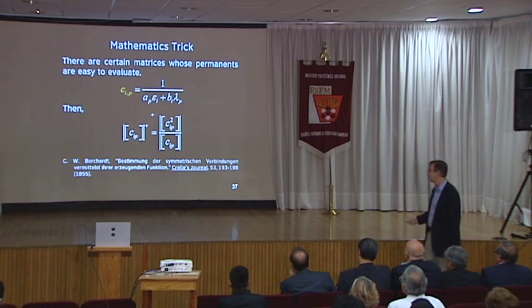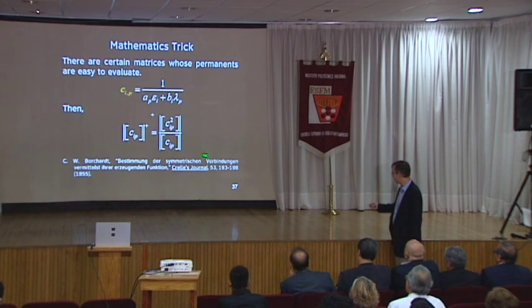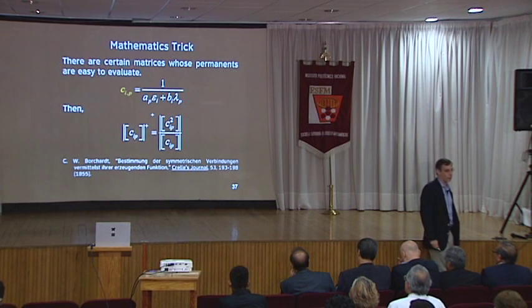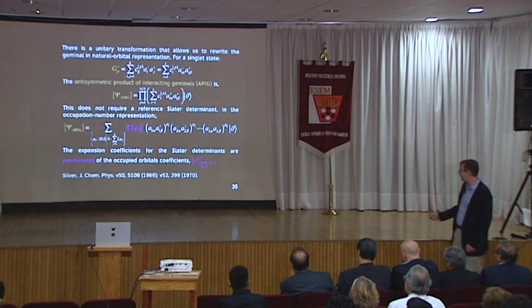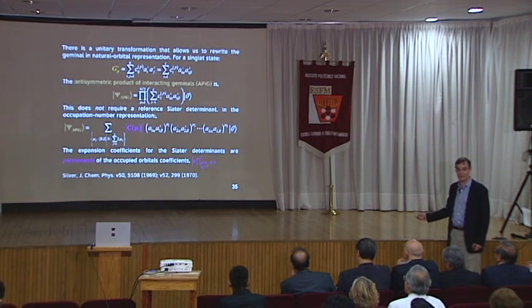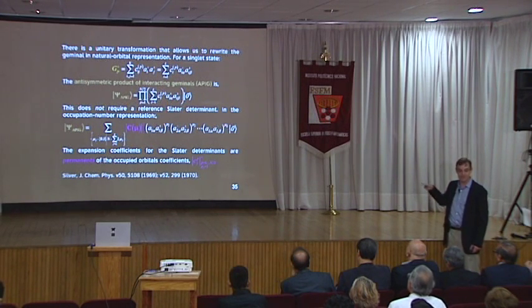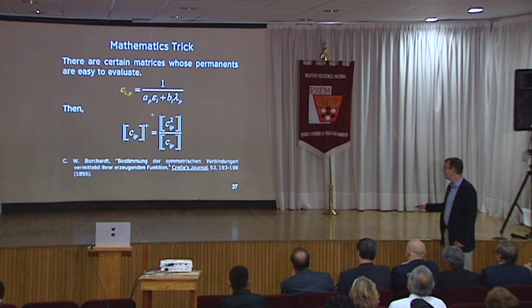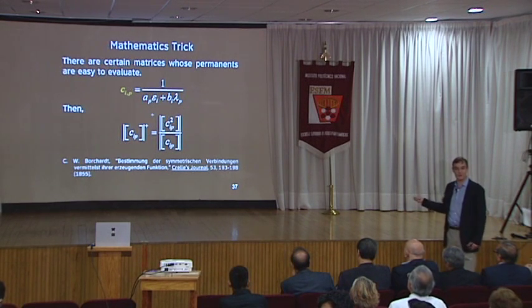There aren't many, but here's one example, and it's a permanent that goes back to the 1850s, right? Where you can evaluate this really devilishly complicated problem, this thing that normally you could only calculate by just summing over n factorial permutations. But in this case, you rewrite it in terms of determinants, and determinants are order n cubed,